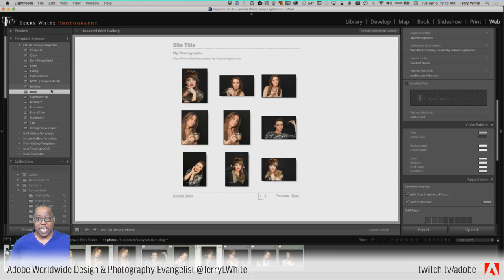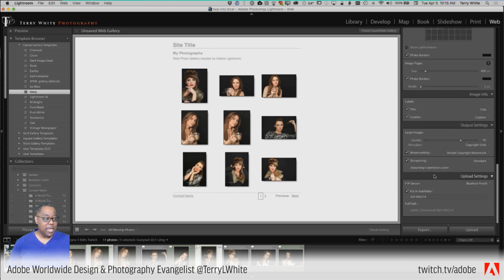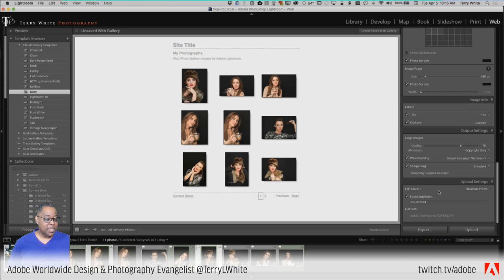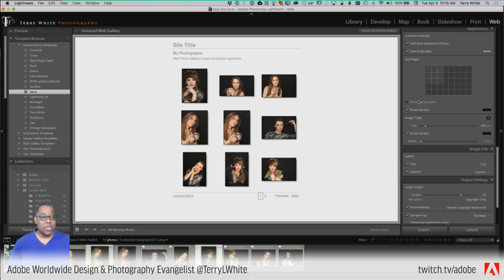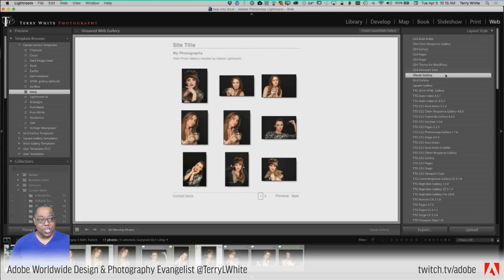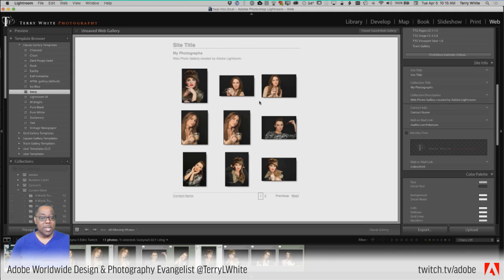You don't have to do anything extra, but once you customize it with your site title, your photographs, your name, and all that, then you have the choice at the very bottom to FTP it or just simply export it. So you can either upload it if you configure it with your FTP information, or you can just export it out as a folder of HTML, and then you can do anything you want with that folder. So that's what the web module has always been for in Lightroom.